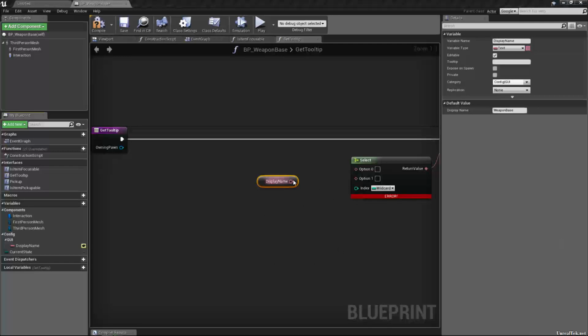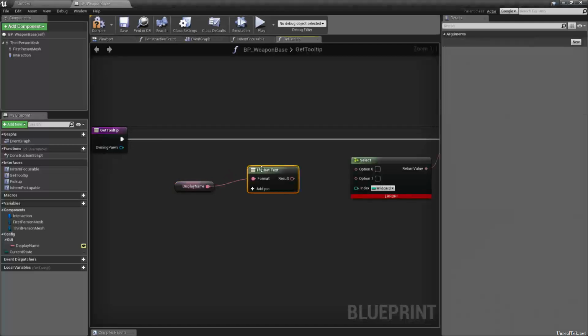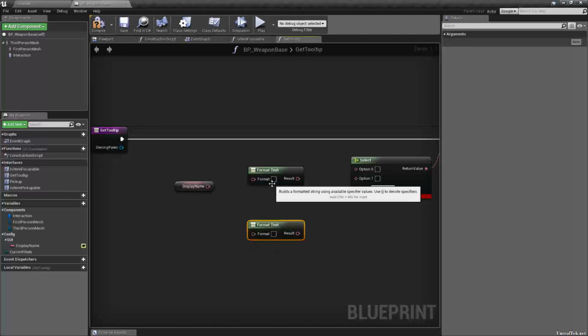So yeah, let's take display name. I'm gonna actually drag this way back. We're gonna need way more room. And let's do a format text twice. Actually, we need to undo that. So what we want is